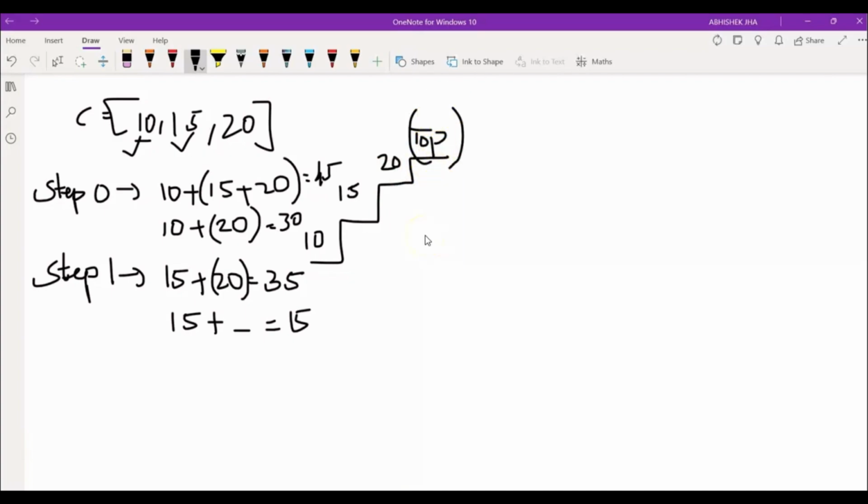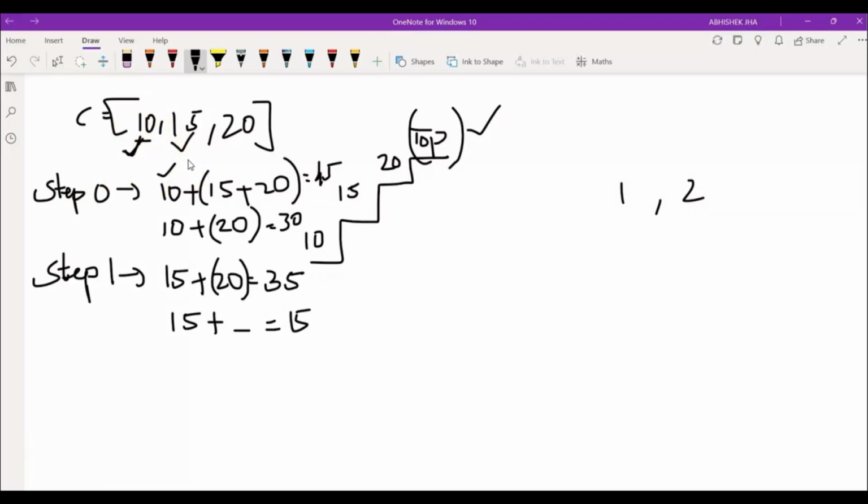The first intuition here is that at every step we have two choices, that is, take one step or take two steps. So here I have taken two different possibilities: what will be the cost to reach the topmost position if we start from the 0th index, and what will be the different cost to reach the top if we start from the first index. If we start from the 0th index, the first cost we take is 10.